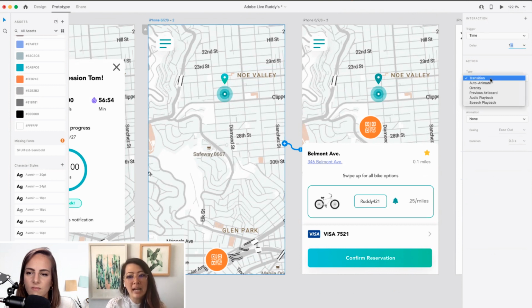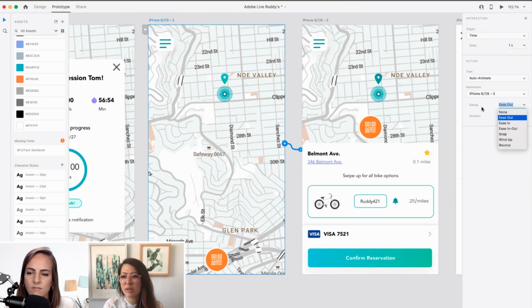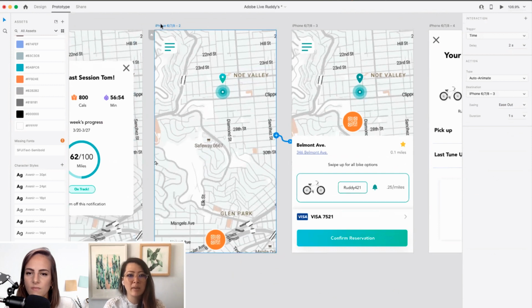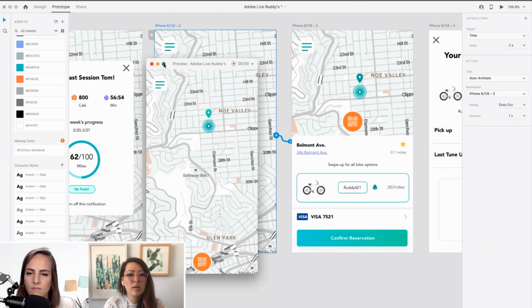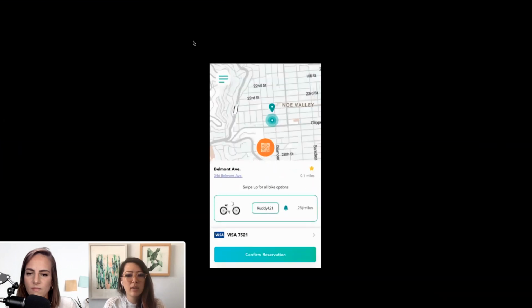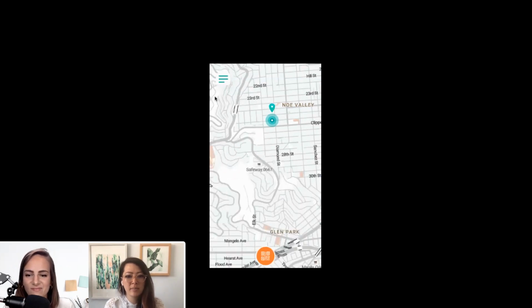And then the action type is going to change from transition to auto animate. For the easing, I tend to use ease in, ease out. That works for me. The duration, 0.3. Let's change it so it's not so abrupt. Actually, I'm going to change the delay to 2 seconds, just a little longer so we can all see what's happening, because there'll probably be some little delays. There it goes. Ooh, lovely. It looks great. Let's do it again.